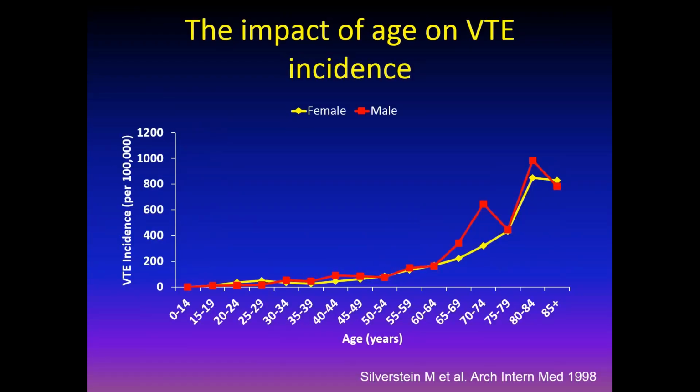This is from the Mayo Clinic group and their studies in Olmsted County, looking at the risk of deep vein thrombosis or pulmonary embolism as our age increases. As you can see, as we age, particularly as we hit the mid-50s and up, the risk of DVT-PE goes up dramatically. Some of this is due to age-related changes in the blood. Other is due to the fact that we develop diseases that put us at risk. We have to have surgery, we have pneumonias or illnesses that cause us to be hospitalized. So age is an important risk factor that always needs to be considered when seeing patients that might have symptoms that relate to a DVT or PE.